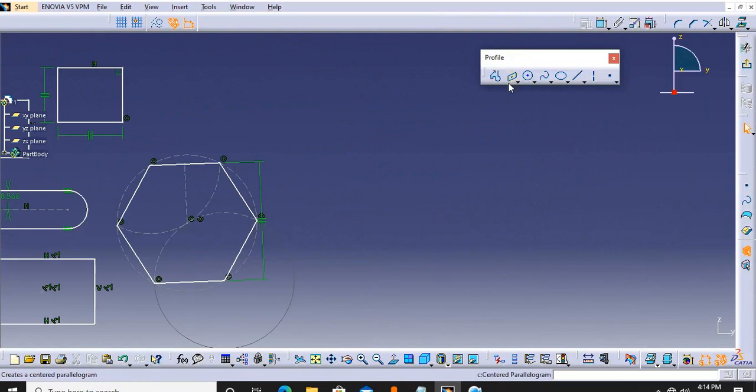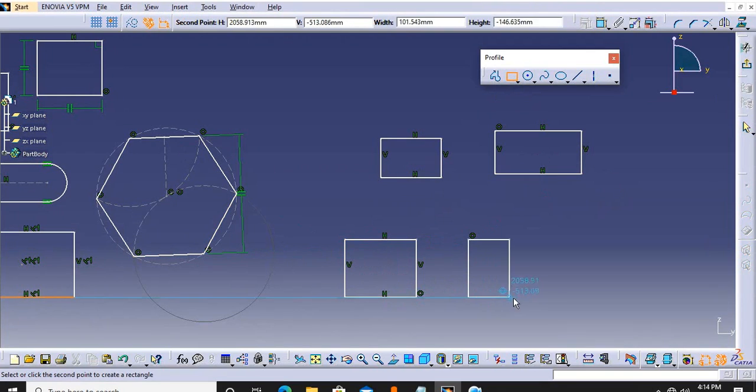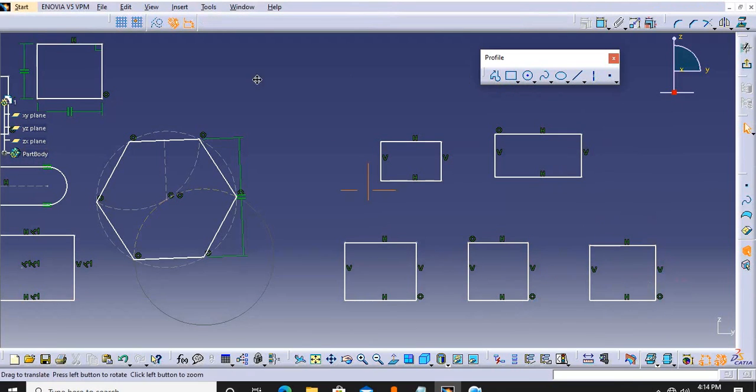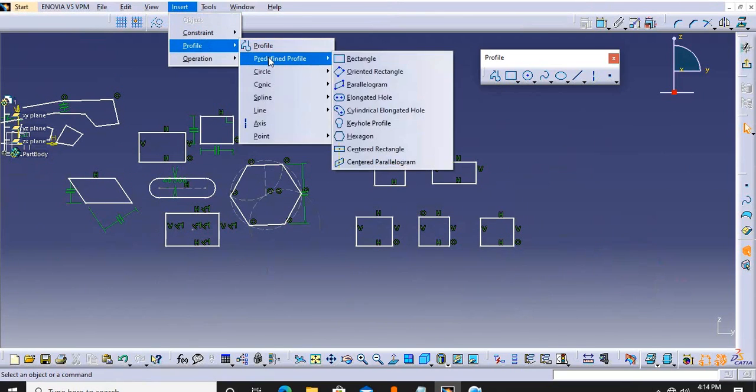In the toolbar, if I want to use the rectangle multiple times, I need to make three rectangles. So the first practice is I will click rectangle and make a rectangle, then again click rectangle and create a rectangle. The effective way of using the command is double click. Now you can use it any number of times you want to make rectangles until you uncheck the command or press the escape button. I hope all the commands under profile and predefined profiles are clear to you now.